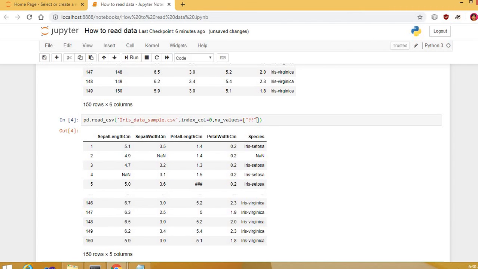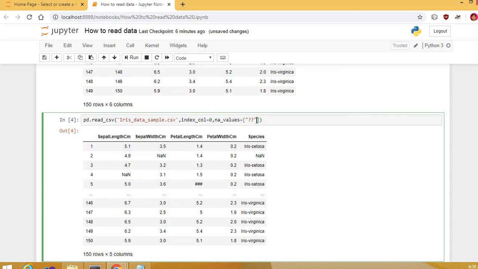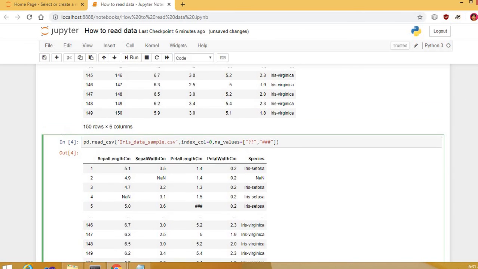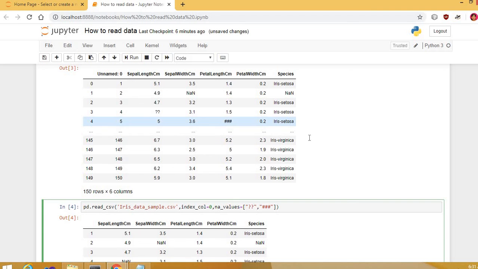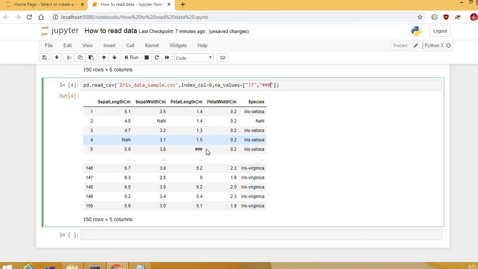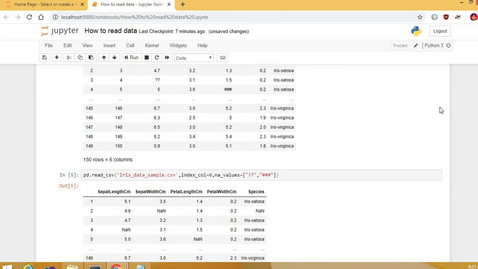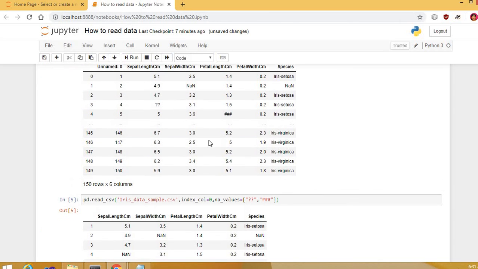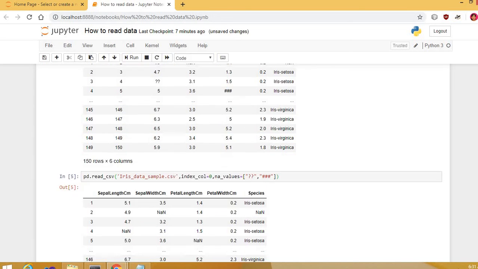Similarly, since it is passed as a list, we will also give the hash here, so that this junk value will also go. I'll run it again. You can see the hash values are also replaced by not a number. Not a number indicates the blank cells. So those hash values are gone.